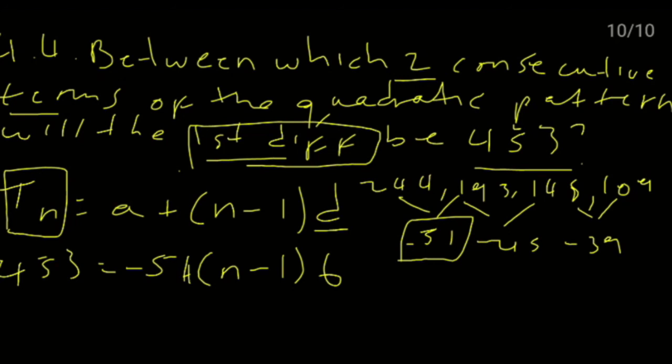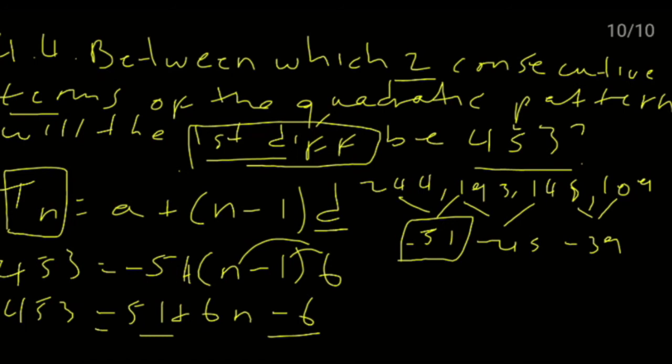And then let's say 453 minus 51, which will be minus 51 plus, if we distribute the 6, we should get 6n minus 6, and then we add these two. Is minus 57,